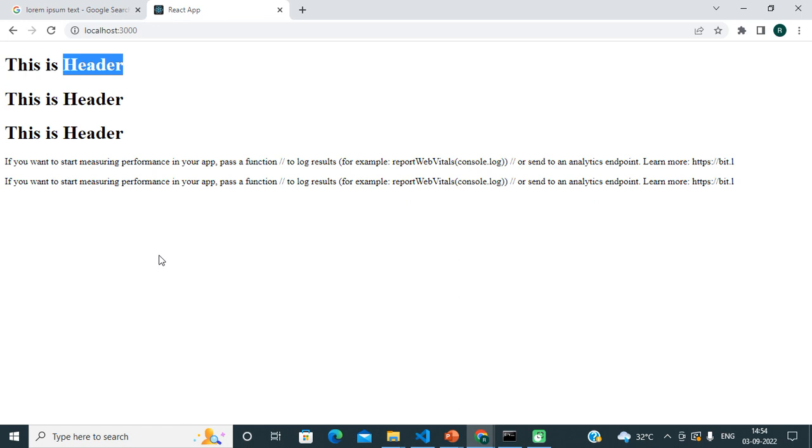Friends, many of you might think that if we are calling the same component 3 times, and all 3 times it is displaying the same message, then what is the benefit of calling it multiple times? So friends, just continue the same playlist. In the next video you will get the answer for that. Okay friends, I hope you understand the process of creating a new component, how we can render or call one component from another component, and how we can render one component multiple times.